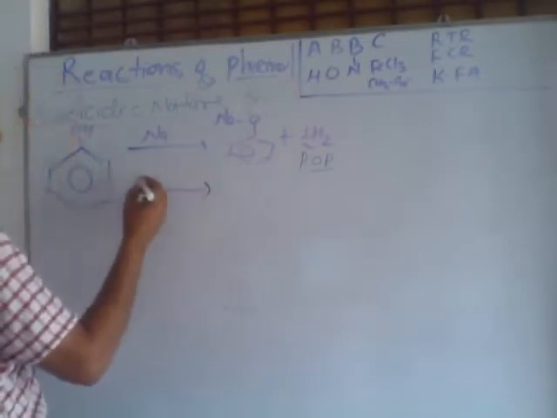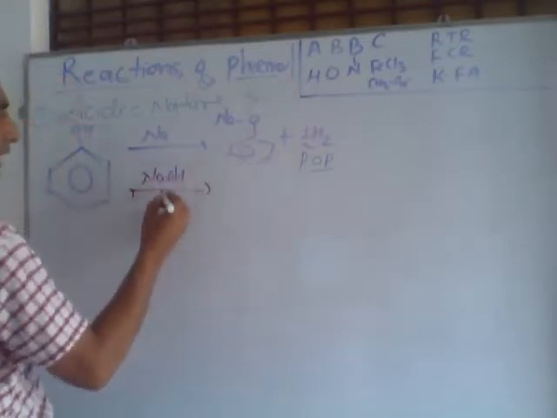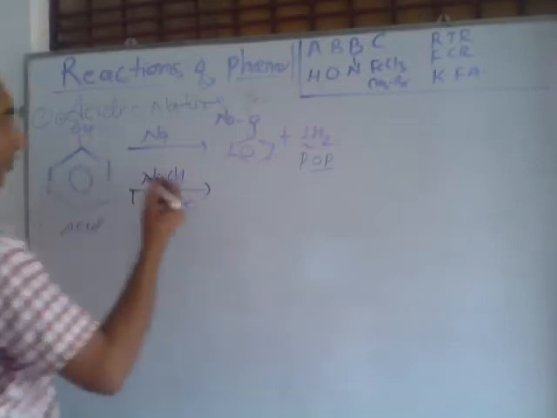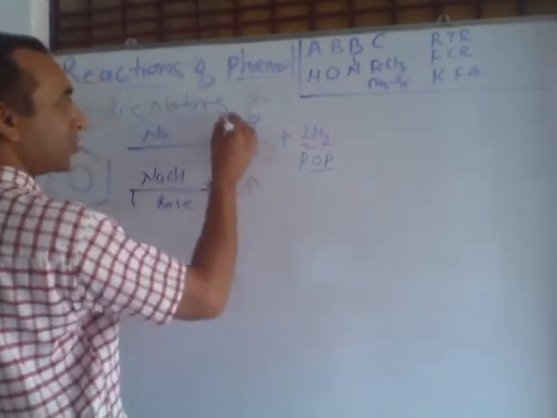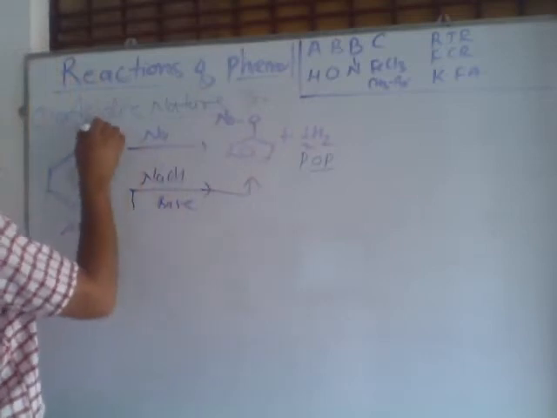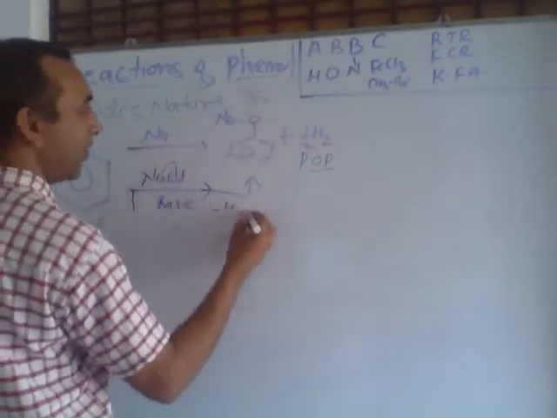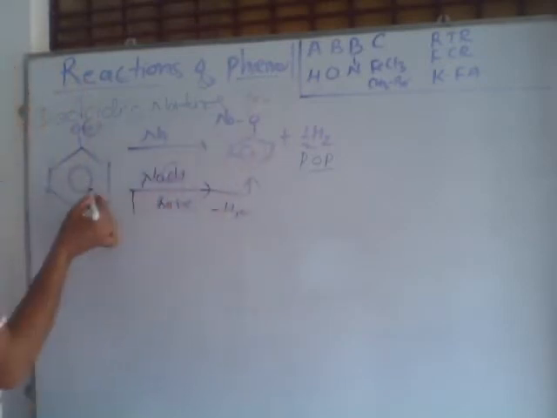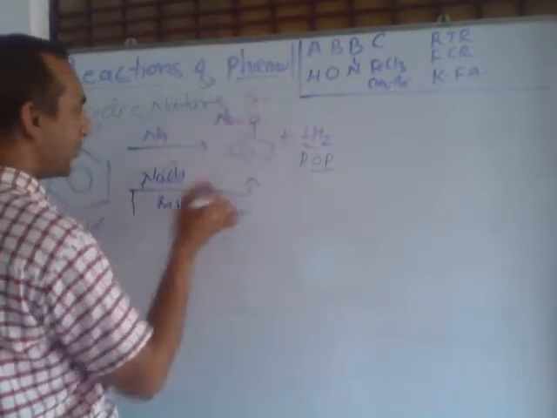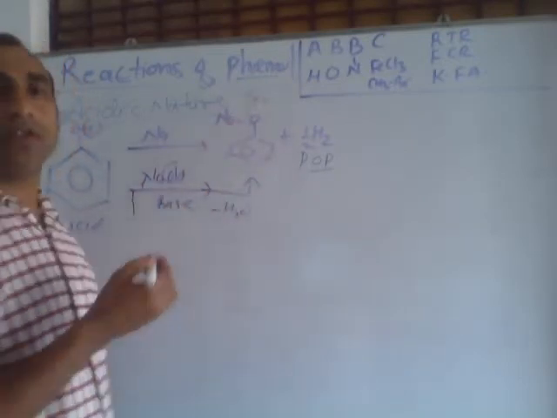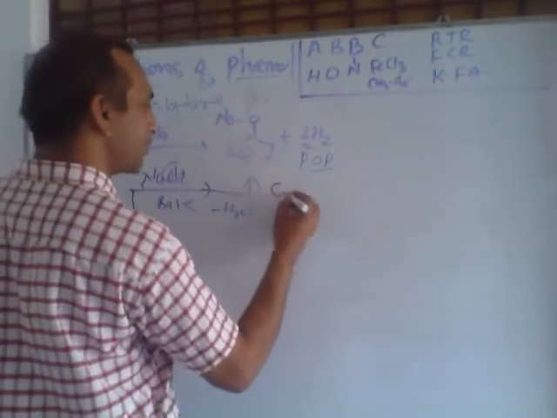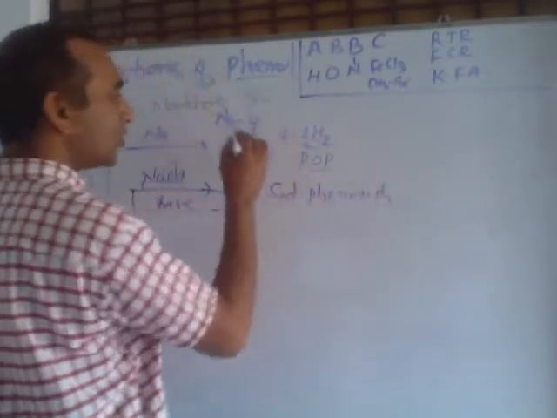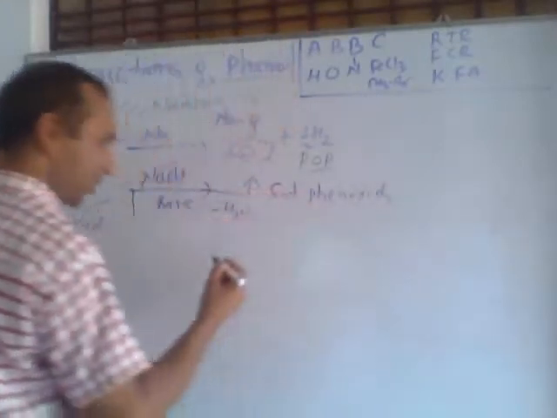Another, if we react with NaOH, NaOH is a base and phenol is an acid. So after the reaction, the same compound, sodium phenoxide, is formed; H and OH, a water molecule, are removed. So actually this is a neutralization reaction. It means a base reacts with an acid to form salt, sodium phenoxide, along with removal of water. After the neutralization, salt and water form. This salt is called sodium phenoxide.